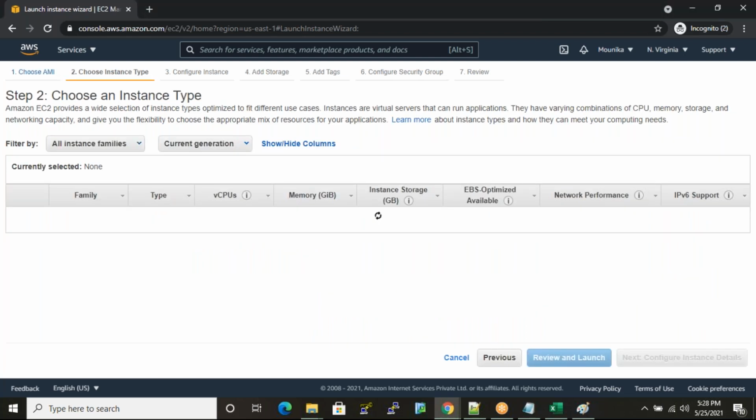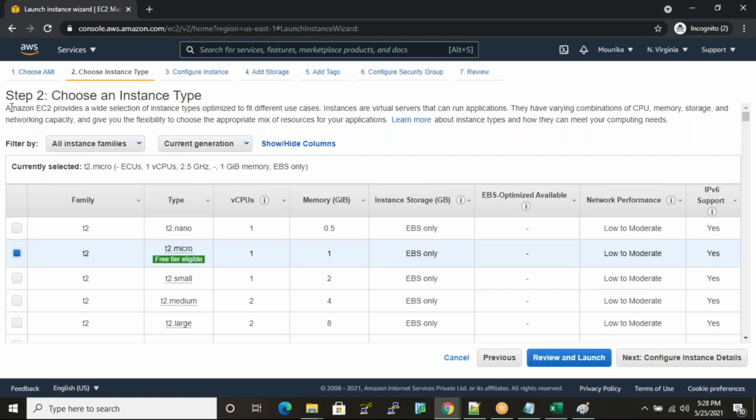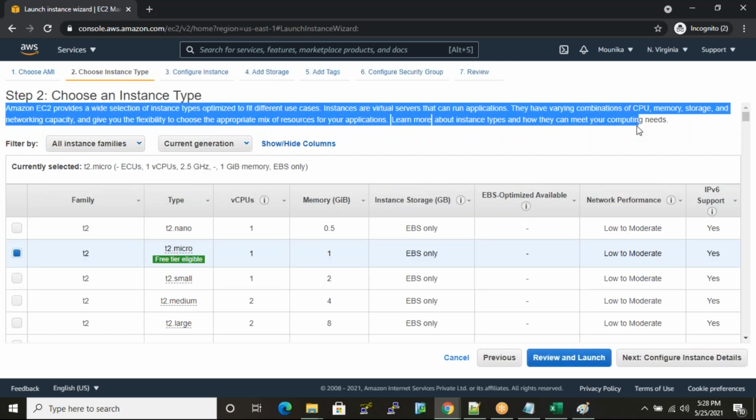Now select Ubuntu server 20.04. This is the second step, the definition for instance type. Amazon EC2 provides a wide selection of instance types optimized to fit different use cases. Instances are virtual servers that can run applications. They have varying combinations of CPU, memory, storage, and networking capacity, and give you flexibility to choose the appropriate mix of resources for your application.